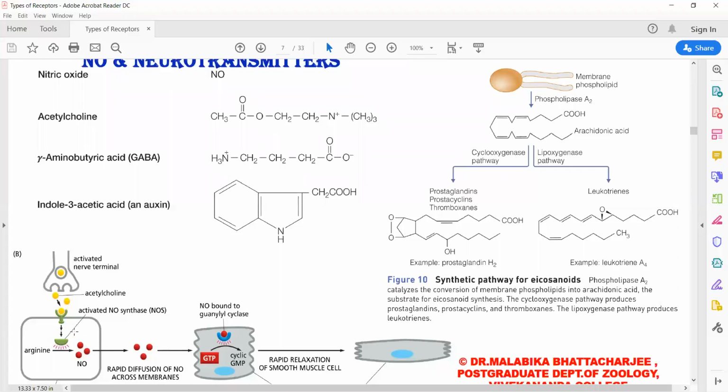Similarly, carbon monoxide generation can also be induced by neurotransmitters such as acetylcholine. Just like nitric oxide can bind to guanyl cyclase, resulting in further signaling amplification, similarly, carbon monoxide can also stimulate guanyl cyclase, thus targeting a cell to respond to carbon monoxide molecules. So these were the second category of signaling molecules.